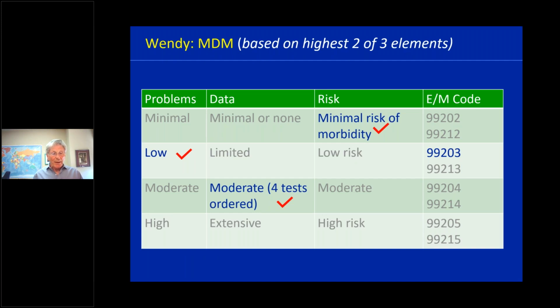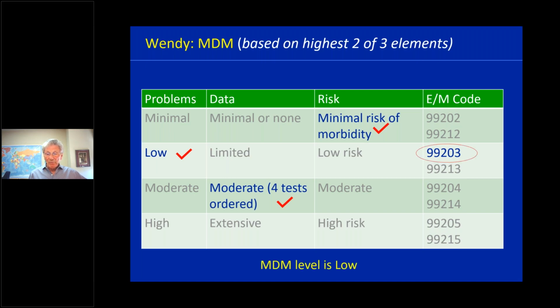So we'll start with medical decision making. The medical decision making in this case was low. The data was moderate. 4 different tests were ordered, and that is gonorrhea, chlamydia, syphilis, HIV. None of those were point of care tests, and therefore we get 4 points for that, which makes it a moderate amount of data. And then the risk of the testing that she had was minimal, and so we're going to check that box. So again, we take the highest of 2 out of 3, and the highest of 2 out of 3 is low. Next.